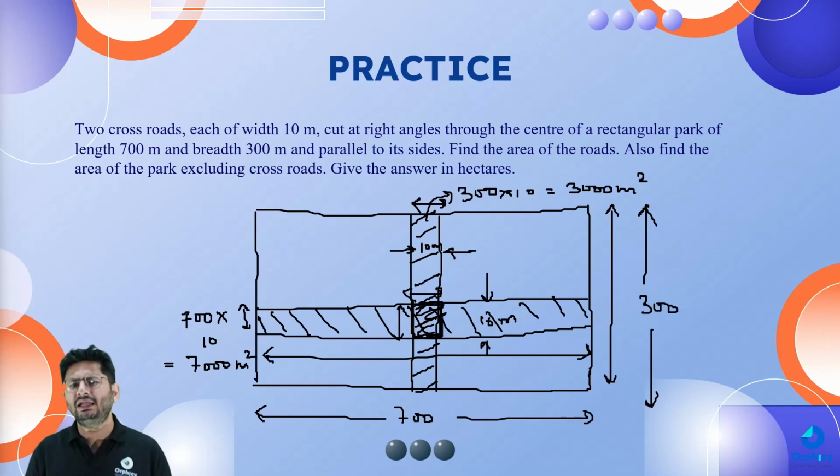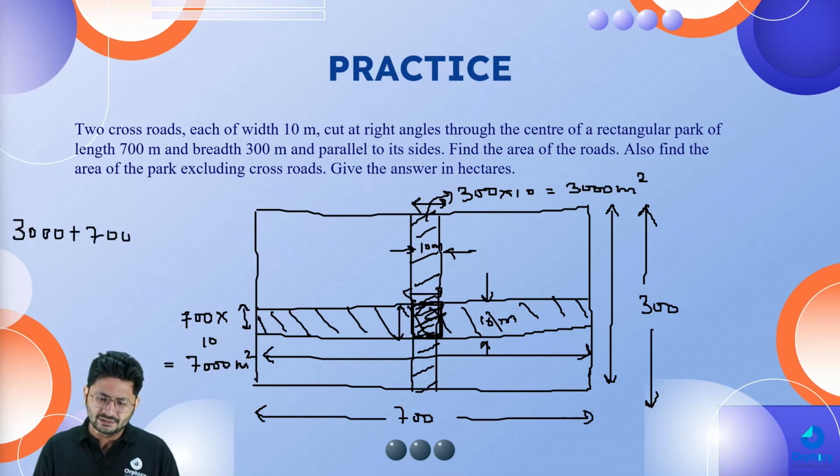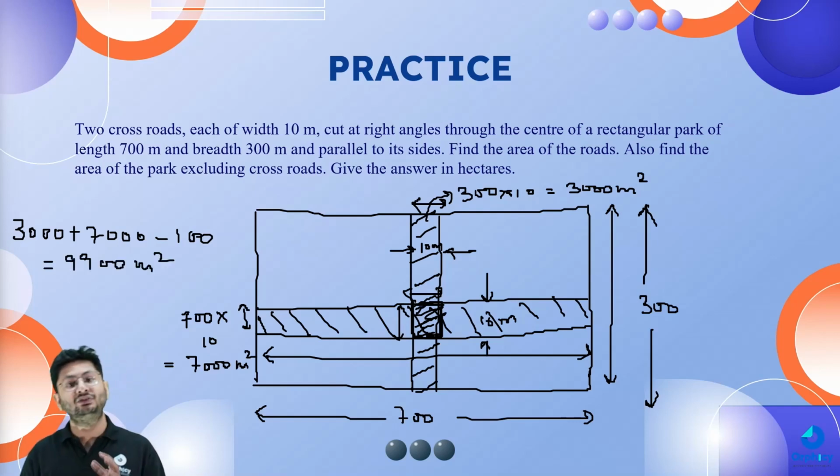So the total area of the crossroad should be equal to 3000 plus 7000 minus 100, that is equal to 9900 meter square. That is the total area of the crossroad, and we have to find out the area of the park